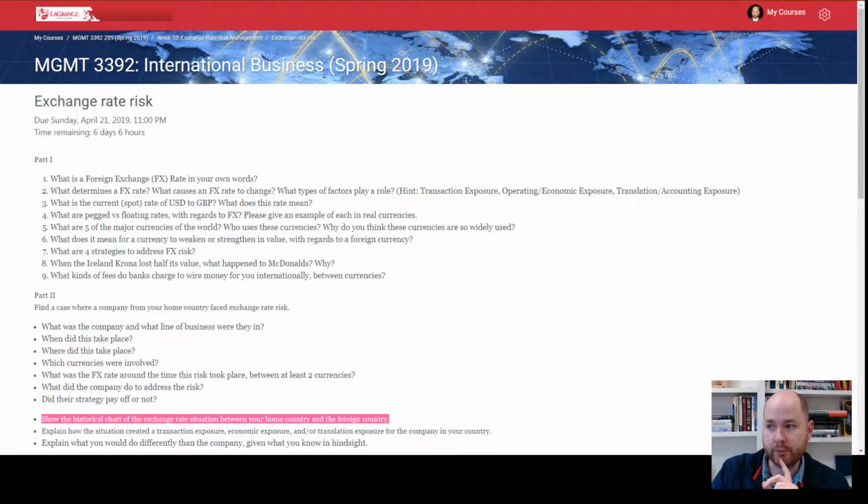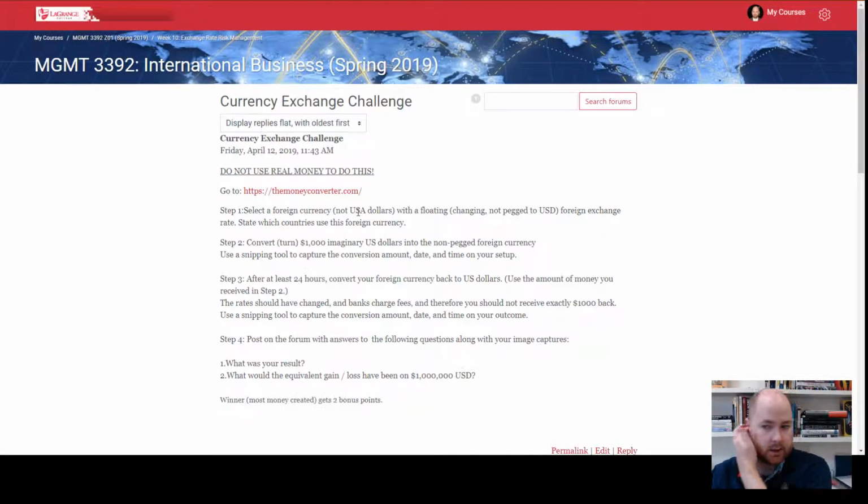Then for the forum for the week, you will participate in an imaginary, it's important that it's totally imaginary, don't use any real money, exercise. You're going to select a foreign currency that is floating, so one that is not directly tied to the US dollar, that always stays the same rate with the US dollar. We want something that has quite a bit of volatility, that changes day to day or moment to moment. So find a floating exchange rate of a currency from another country, and I want you to convert 1,000 US dollars from the floating rate